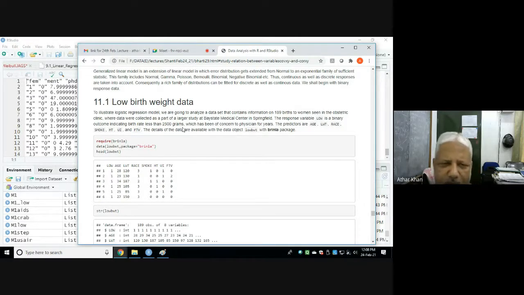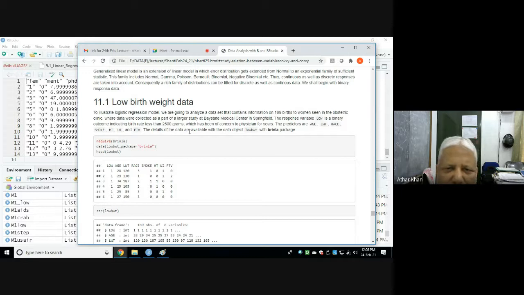If birth weight is less than 2500 grams, we say it is low birth weight. If it is greater than 2500 grams, we say it is normal weight. This has been a concern of physicians for years. The predictors are age, LWT, race, smoking status, hypertension, UI, and FTV.